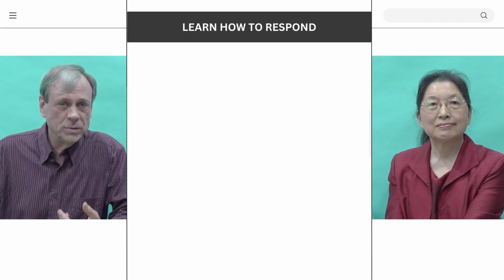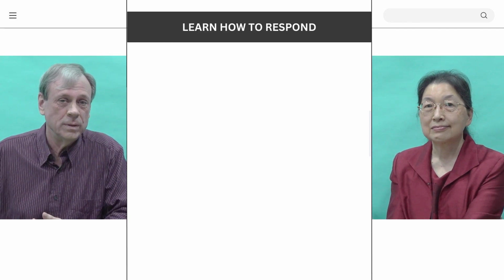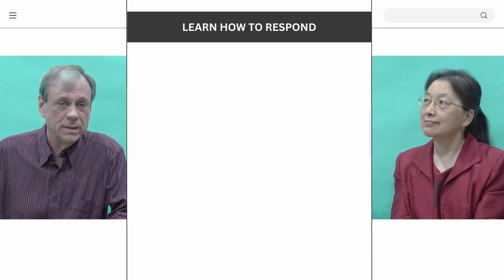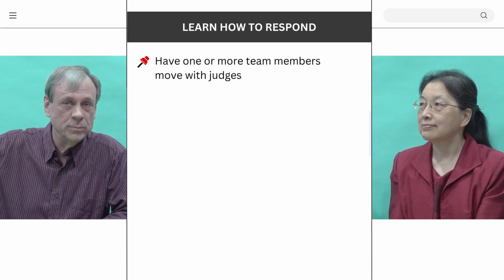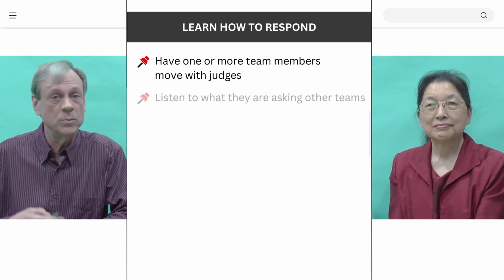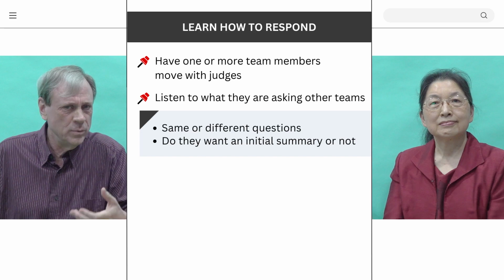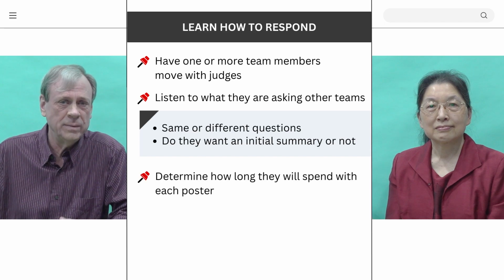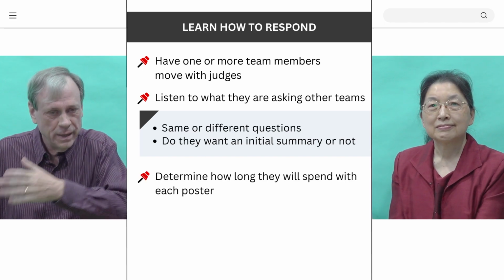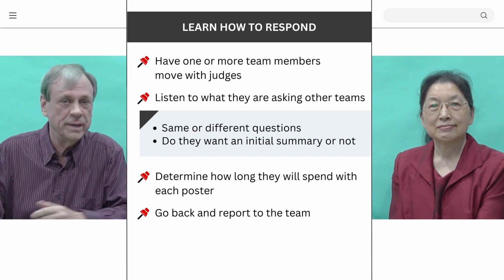So you can also learn how to respond in a poster session by looking at other people, particularly again, if there are judges. If you're a team, for instance, the iGEM team, some of your team members can move with the judges and listen to what they're asking other teams and see what types of questions, whether they want you to give an initial summary or whether they're just beginning with questions. How much time are they going to spend with each poster? And then you can come back and report to your team so that you're better prepared when they get to you. So these are some suggestions for dealing with